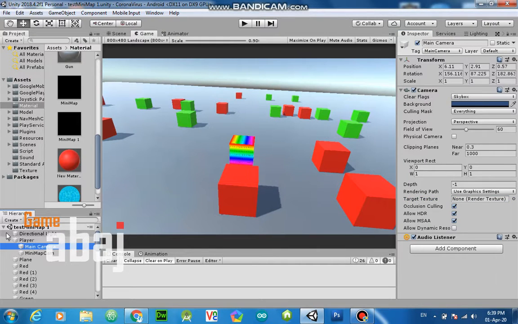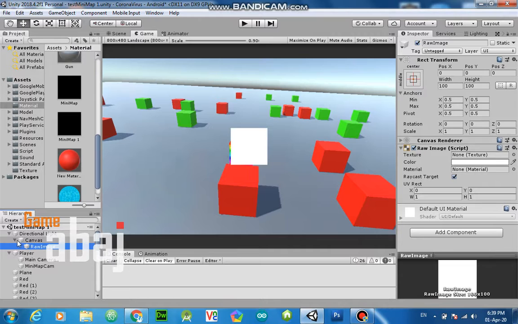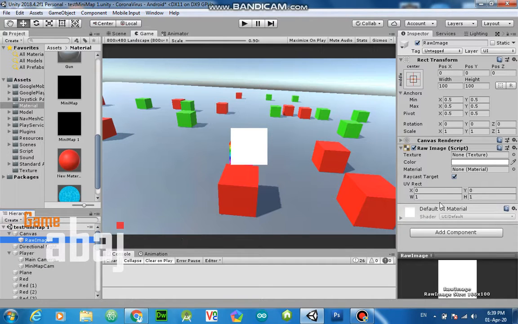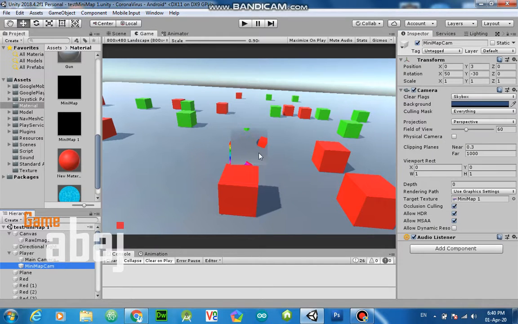Okay, now create a UI and a raw image. Make this UI out of the direction light, and the raw image is this render texture here. So whatever this camera is showing, this render texture is texturing here.